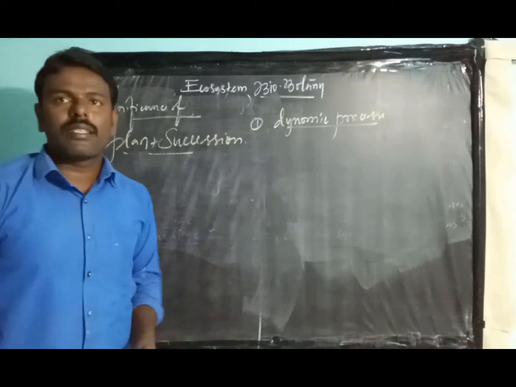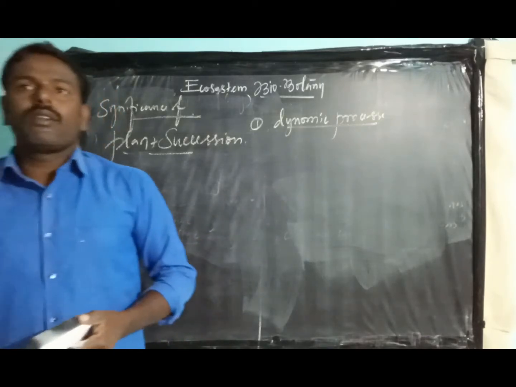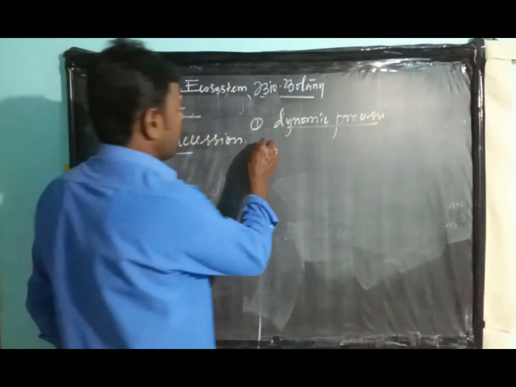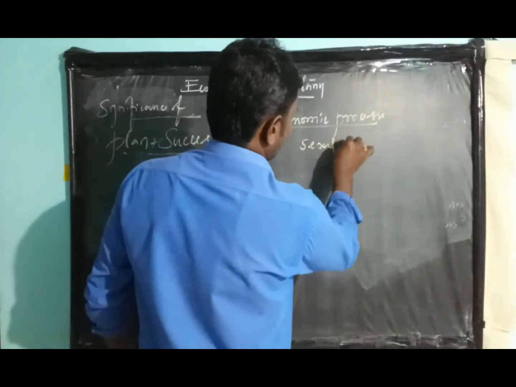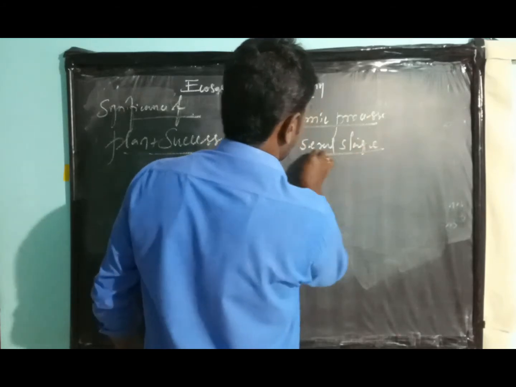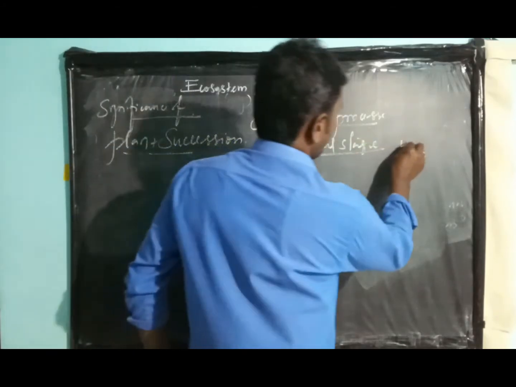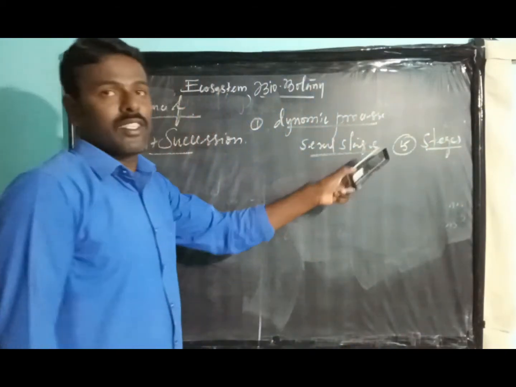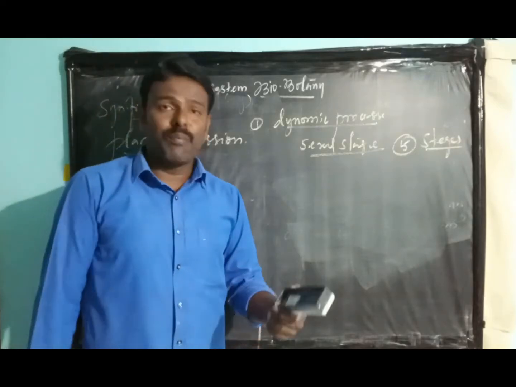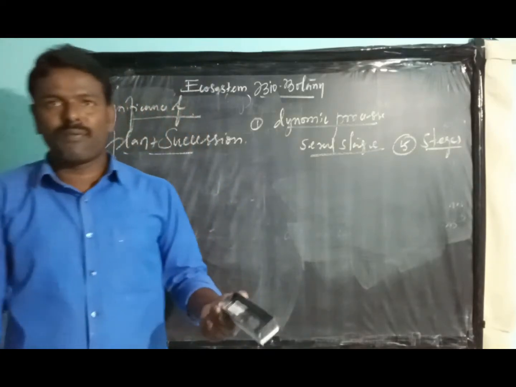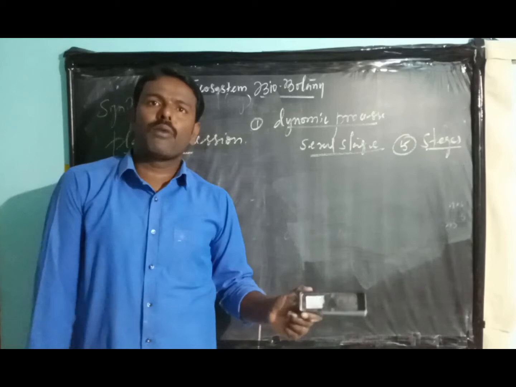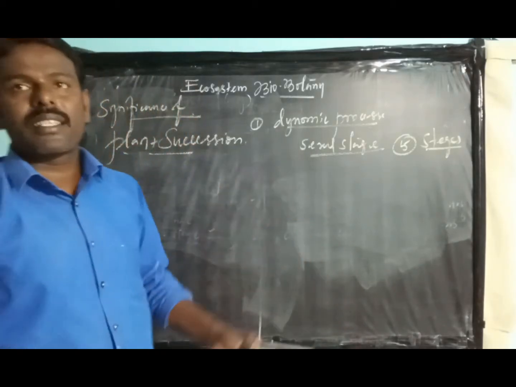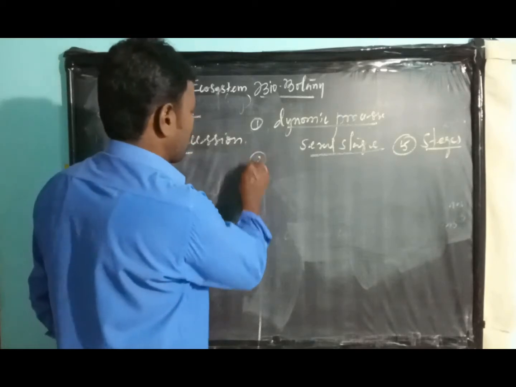So many ecologists can assume and study the seral stages. Already we know the seral stages. So what are the stages? There are 5 seral stages: submerged plant stage, submerged free floating stage, reed swamp stage, marshy meadow stage and scrub stage. Those are the seral stages. That is the first point. Second one is